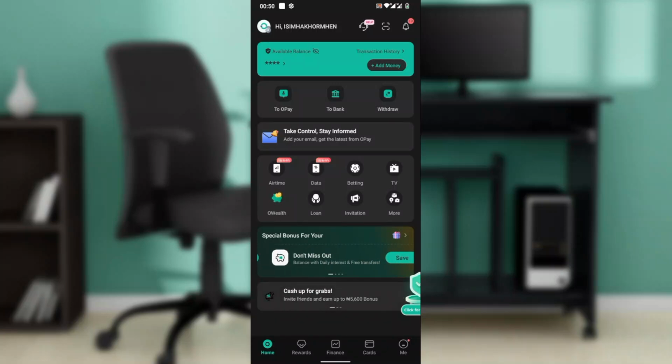Hello, in this tutorial I'll show you how to unfreeze an OPay account. So the first step is to pinpoint why your account was frozen. I'd like to walk you through some of the possible reasons for an account freeze